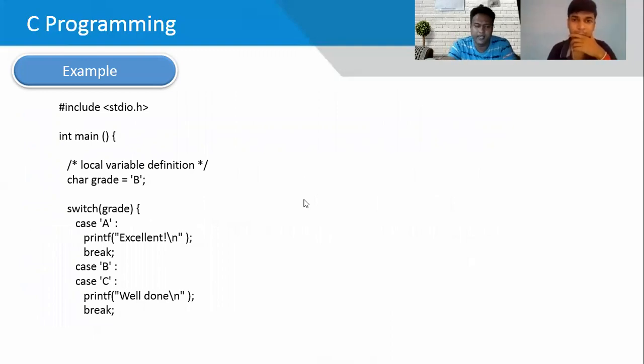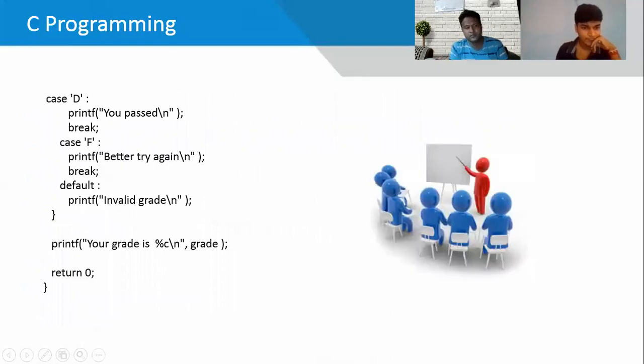If we take the character grade B, then the case matches. It is not a match with case A, it is a match with case B, and case C is not a match.